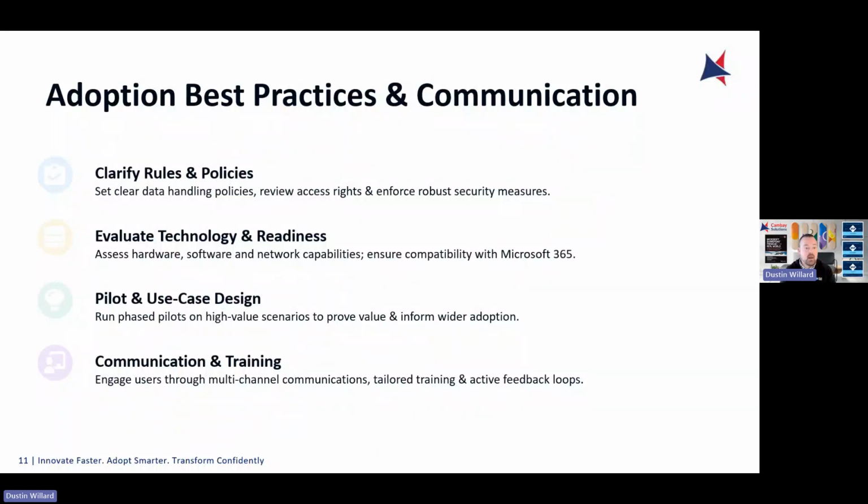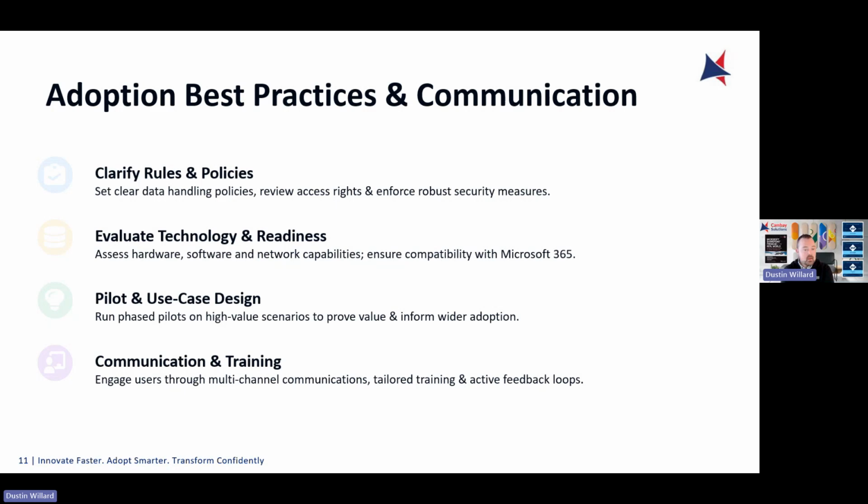So then coming up with pilot and use case designs, right? Running a phased pilot, hitting those high value use cases along the way, one after another, will lead to wider adoption across the organization. They have to see that there's some tangible value in using this. And then they'll start thinking, oh, well, what about this or that? And that typically runs into tons of use cases after they've seen something of high value come to fruition.